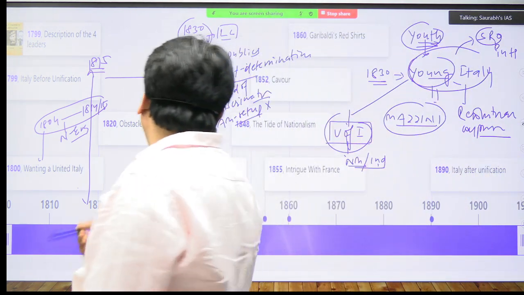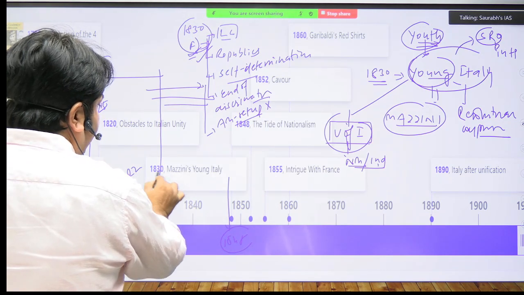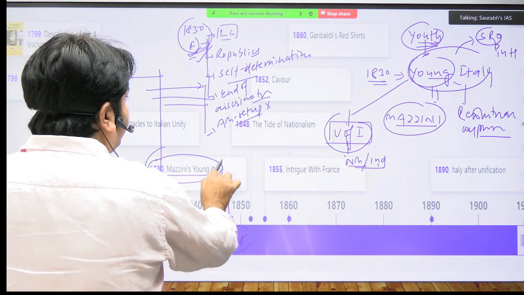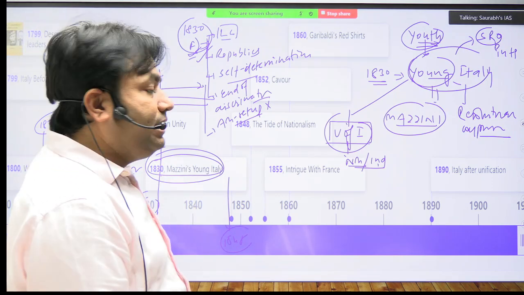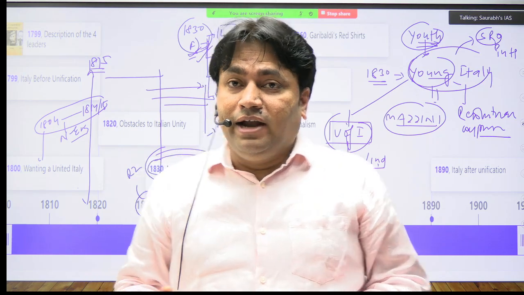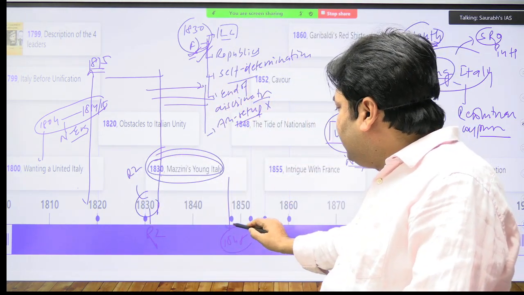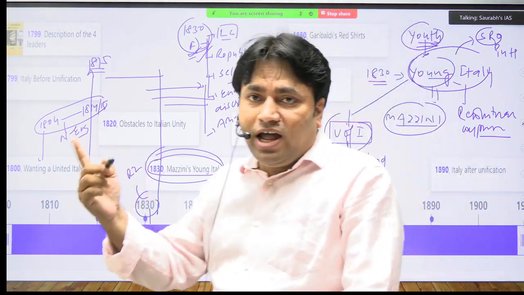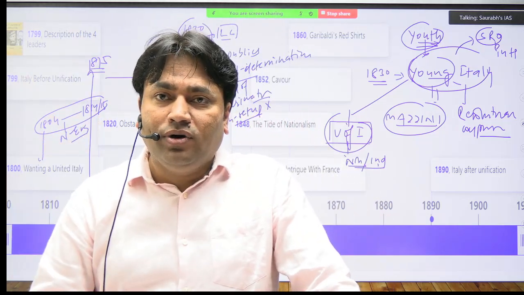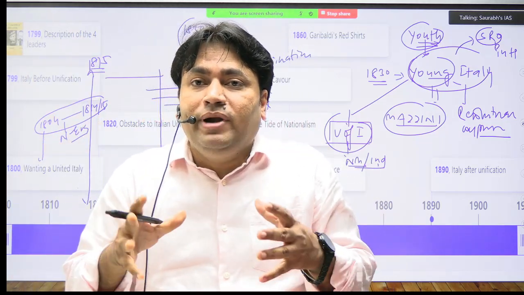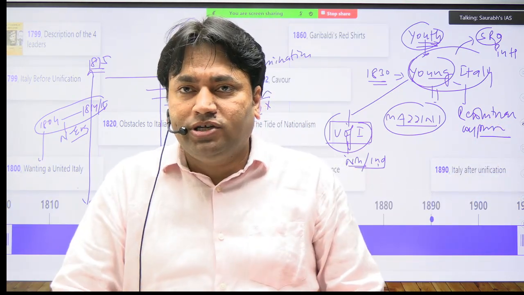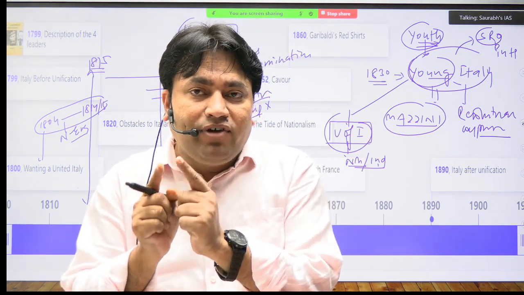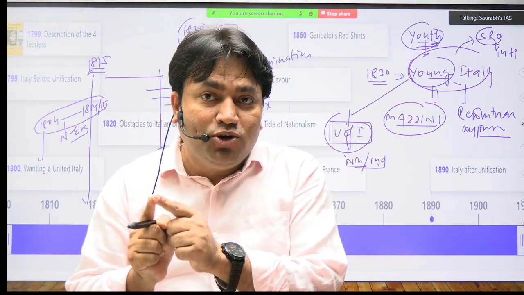So 1830 onwards, look at this sketch. What we see? Mazzini's Young Italy, fighting for unification of Italy. 1830 के बाद ही ये process चल रहा है. And what will happen? In France, 1848 R3 will take place. और जैसे ही फ्रांस में R3 होगा, 1848 होगा, तो इटली में ये जो नेशनल मूवमेंट है ये और भी ज्यादा तेज हो जाएगा, रैपिड हो जाएगा. Do you understand? यानी कि अब आपको मैटरनी की बात समझ में आ रही है कि when France sneezes, entire Europe catches cold. क्यों वो कह रहा था?